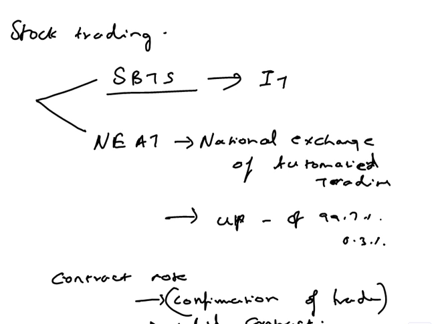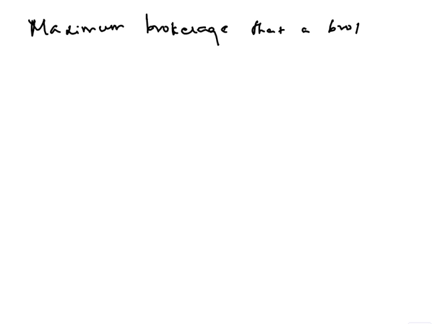Usually the contract note contains details such as the name, address, and SEBI registration number of the stockbroker, and also the order number, order time, trade number and trade time, service tax, securities transaction tax, signature of the stockbroker, etc. There is also a limitation on the maximum brokerage that a broker can charge. It is usually set at an upper limit of 2.5 percent of the trade being done.